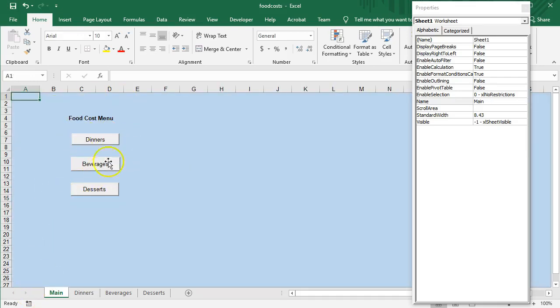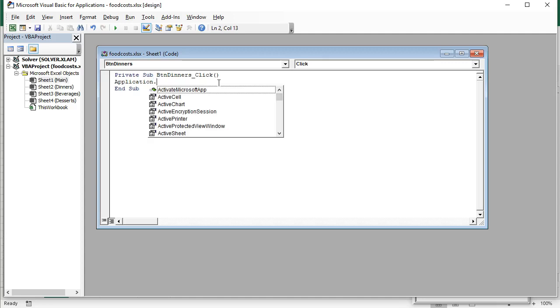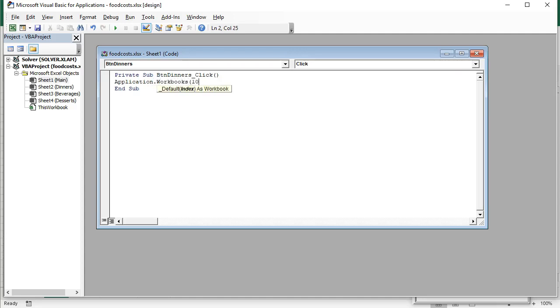Next, we program these. These ones involve VBA. Okay, let's do the dinners one. So we'll double click on dinners, and we're going to go into the underground. Button dinners click, and it's just one line. We're going to type in Application dot, and then Workbooks bracket 1, always taking the lazy way out, dot, and